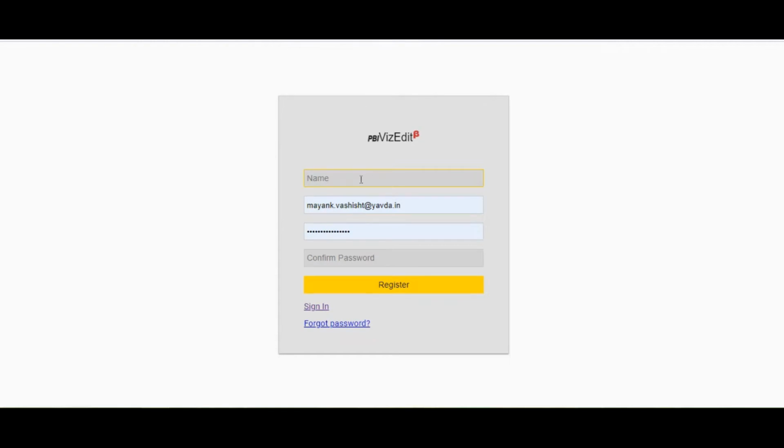You just have to fill in your name, email ID, password, and then confirm the password, and then click on the register button. Then you will get an activation link on your email ID from where you have to activate your account to get access to the PBIVIZ editor. And after you have activated your account and again logged in,